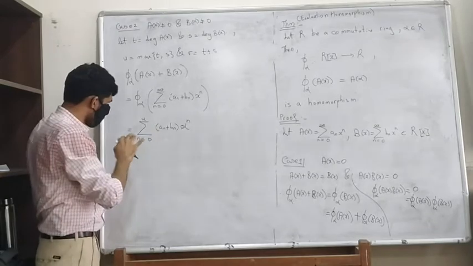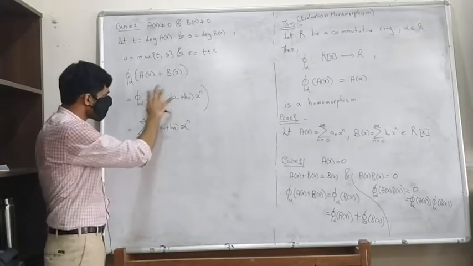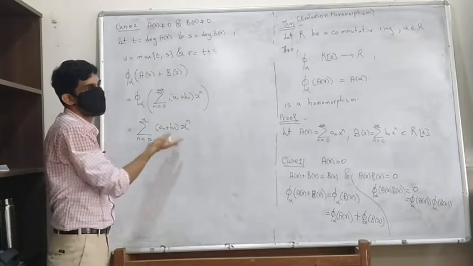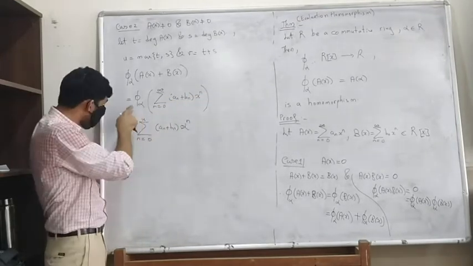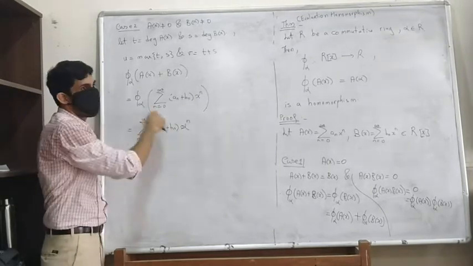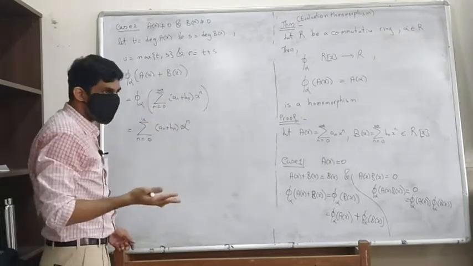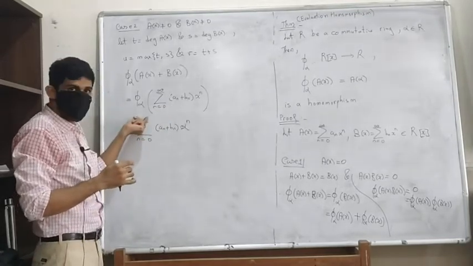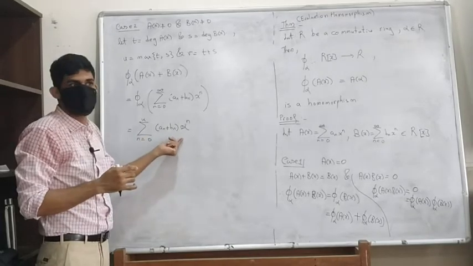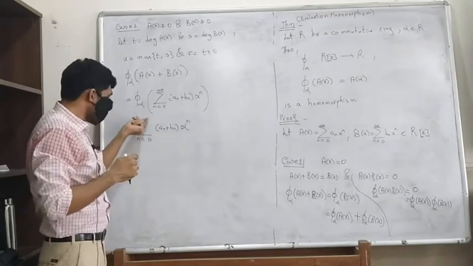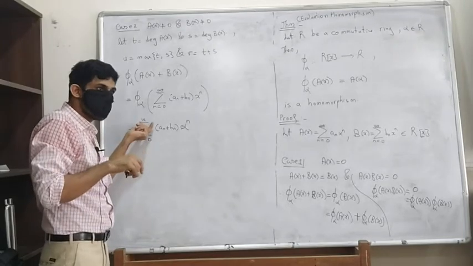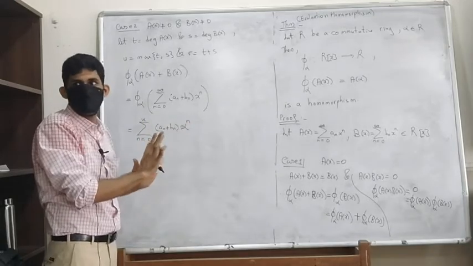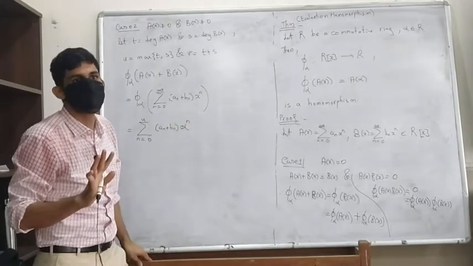Okay, so this is valid. If these are 0, then by definition this goes to 0. This is anyway 0, so this is valid when this equality is valid, when this is a 0 polynomial. Okay, if it is not a 0 polynomial, by definition this is going to be n going from 0 to its degree, this expression. Okay, but the degree is anyway going to be less than u. That means what I am adding here after the degree is just going to be zeros. That's fine. Adding zeros later gives me the same thing.